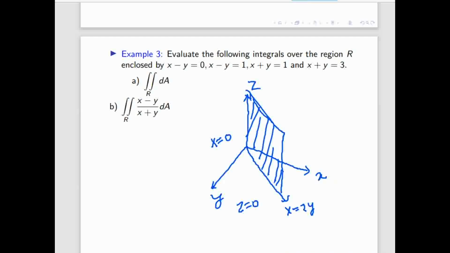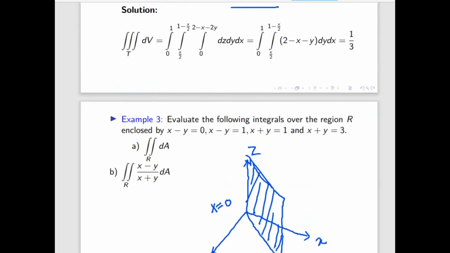Yes, sir. Just draw a plane, because z can be anything. Even it goes to the bottom also, but the bottom I am not drawing because z equal to 0 is this one. So it cannot go below this plane. It can be up to that. So this is x equal to 2y. So one more plane is left.